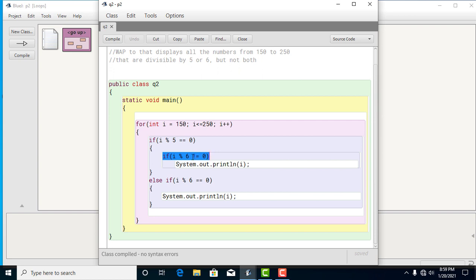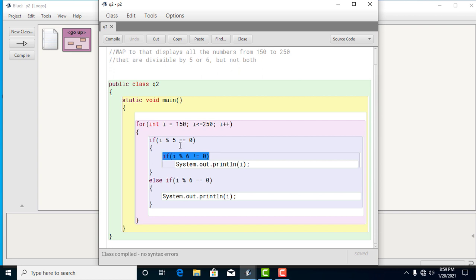If it is not divisible, then only it is going to print the value of I. In this case, when the control reaches here, that means the value of I is divisible by 5. That is why the control came inside this. But control will come to this line only when it's not divisible by 6.